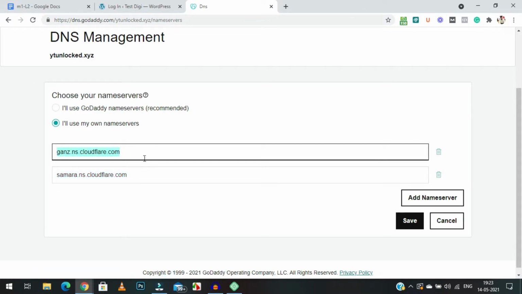After doing this, you just need to click on save, and just by doing this, your domain will be connected to your hosting within some time, right? It will take some time. It can take up to 72 hours depending on the hosting provider and the domain registrar, but it will get connected in a moment or so, right? So you need to wait for that to happen, and after that your website will be live.